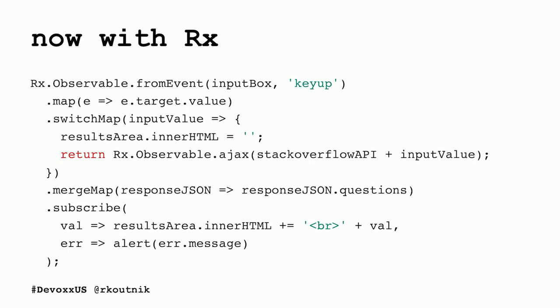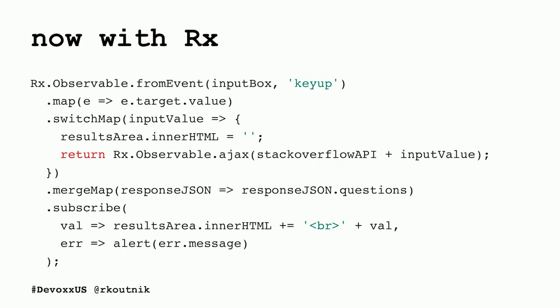We know how subscribe works. We know the first function is going to be for every value, add that value to the results area. And then we see another function with the parameter err. This is our error function. If there's an error anywhere in the application, this function is triggered. It's an observable, an error, something goes wrong. The entire stream will just crash and die and send down the error for the error handler to say, all right, take this. In this case, just alert. Just tell the user, hey, something went wrong. I'm done.